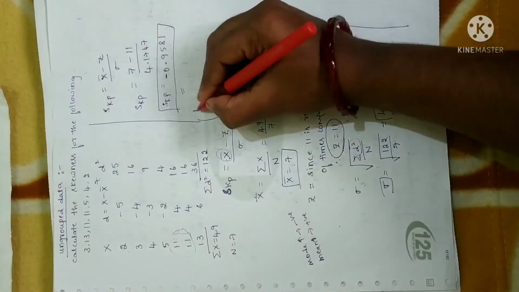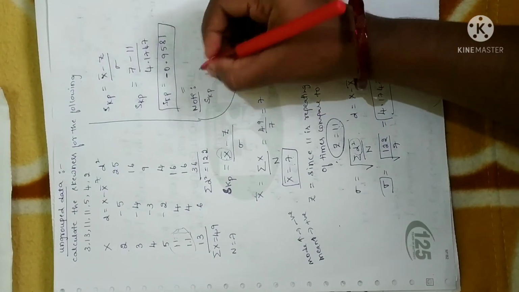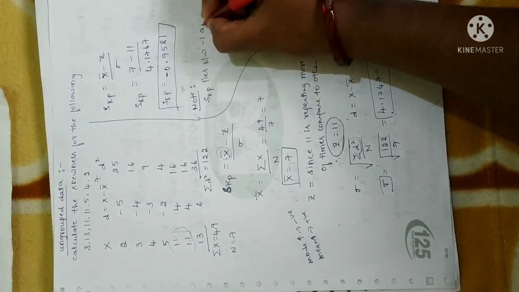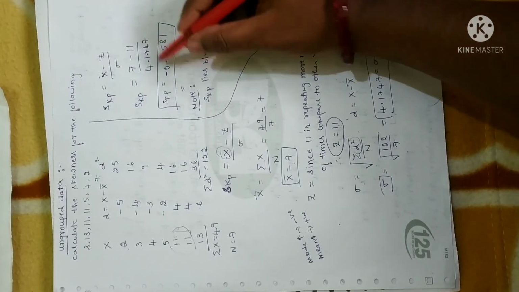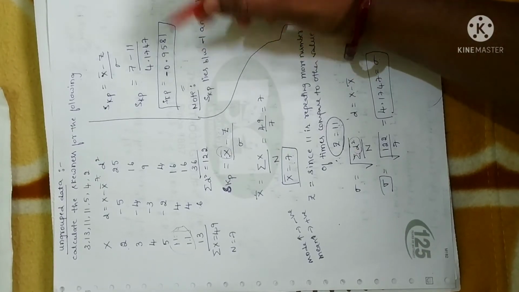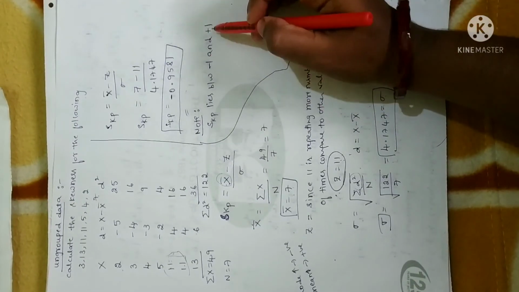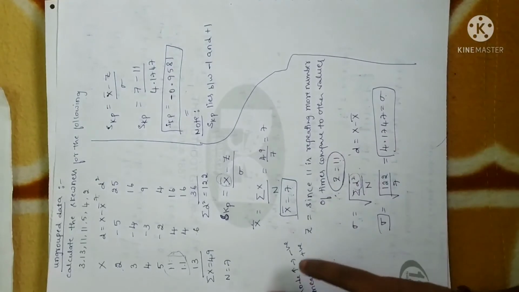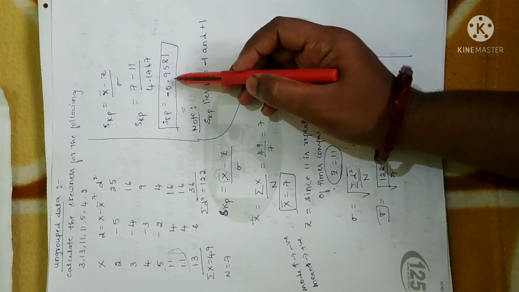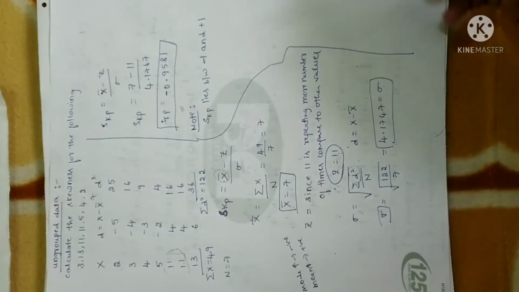And one more thing, you just write a note there. Note: whatever the coefficient of skewness you calculate, SKP always lies between -1 and +1. In the sense, whatever answer you obtain, it will be either -1 or +1 or in between. So it cannot exceed +1 and it cannot go below -1. This is the required coefficient of skewness, or Karl Pearson coefficient of skewness, one and the same. For ungrouped data, we have to use these formulas. Hope it is clear.